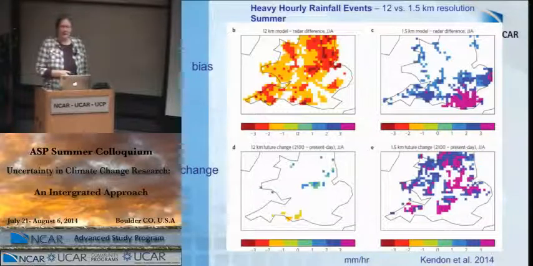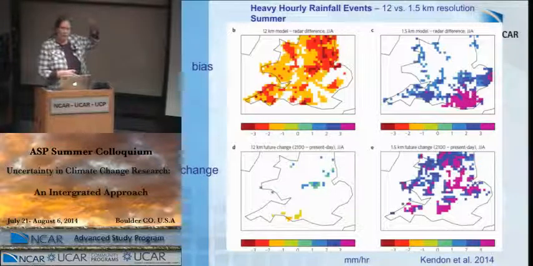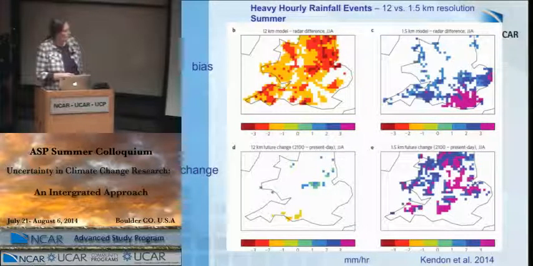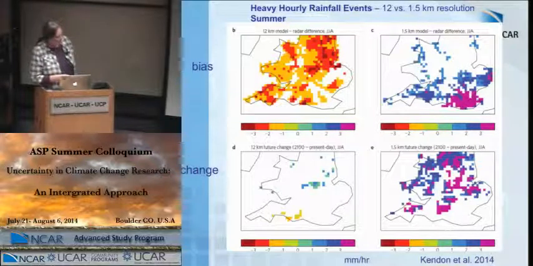That's pretty high. You're not going to be doing 12-kilometer runs for 150 years over a large domain unless you've got a lot of computing power. This is just for southern England. But look at the difference in terms of those heavy events with the 1.5 kilometer. And this is, I think, an important result in terms of demonstrating that with a convection resolving model, you really get a different